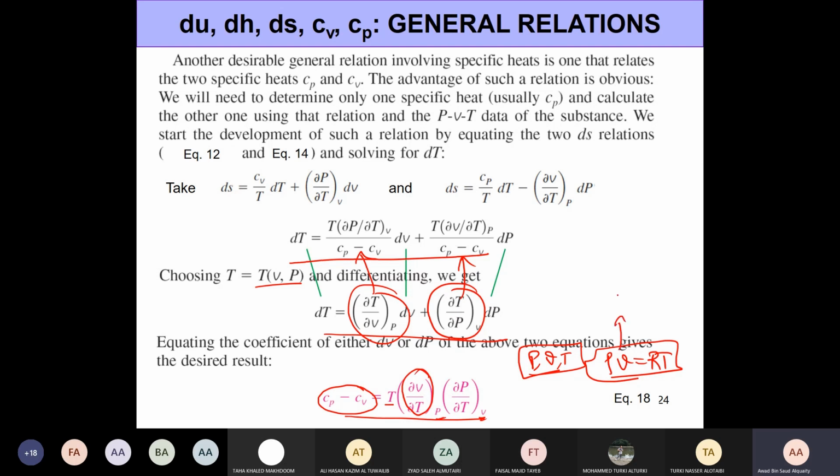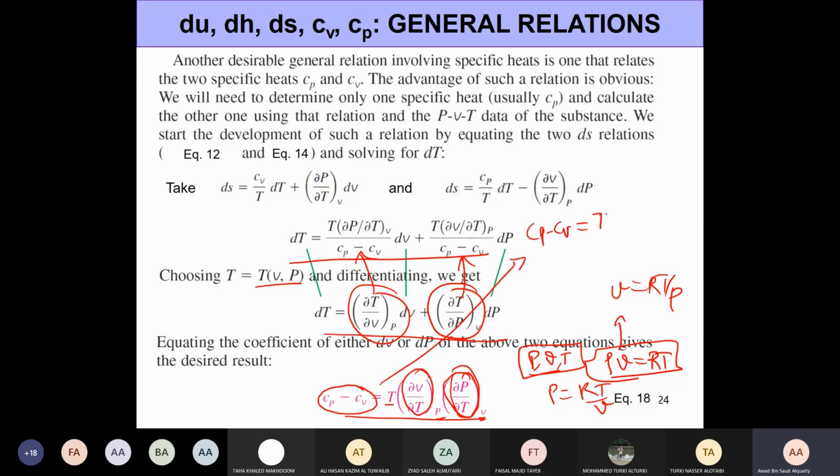By simply taking V equal to RT by P and differentiating with respect to temperature. And also I could take the same equation and write P equal to RT by V and differentiate P with respect to temperature again. And ultimately what I'm going to get is Cp minus Cv is equal to R. Okay, so if you just do it here, for example,